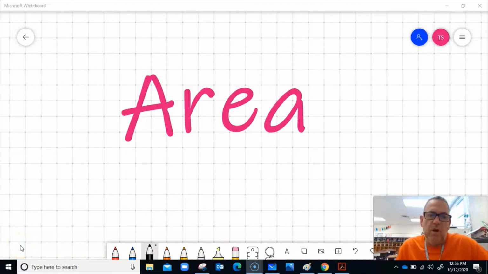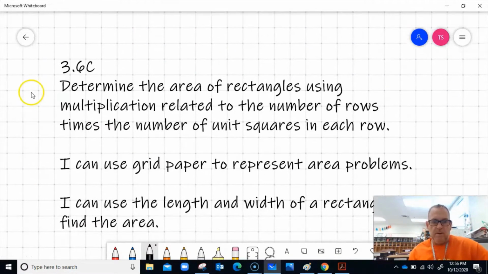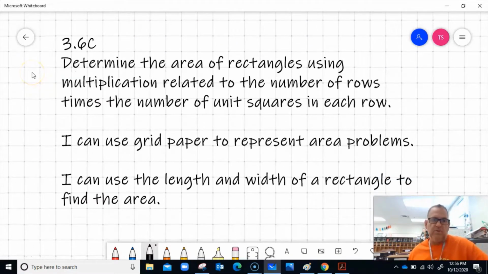Okay, boys and girls, we're talking about area again today. Let's go ahead and look at our lesson objective. And our lesson objective is still 3.6c. Determine the area of a rectangle using multiplication related to the number of rows times the number of unit squares